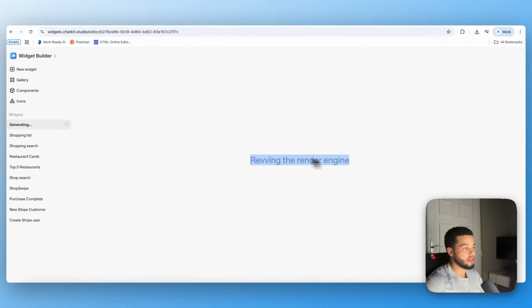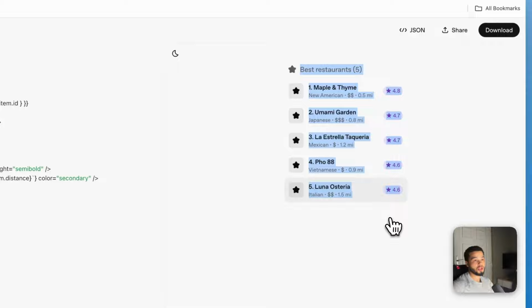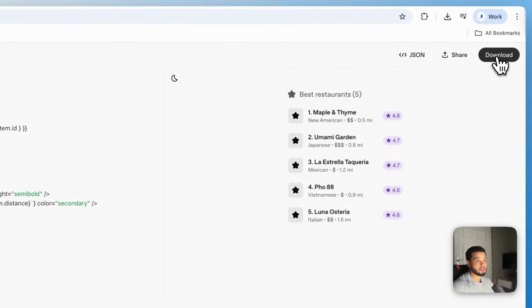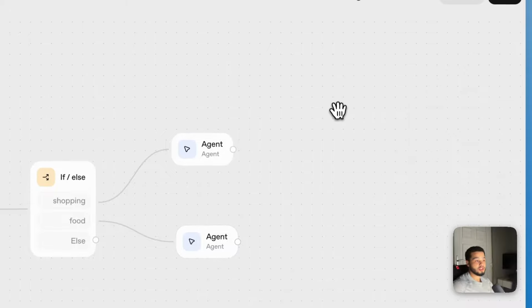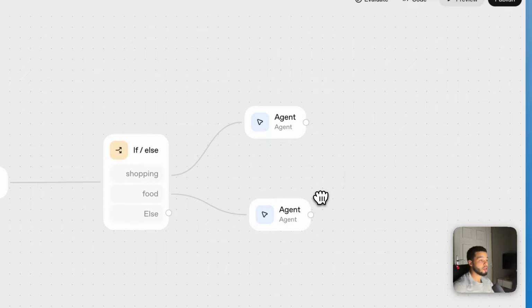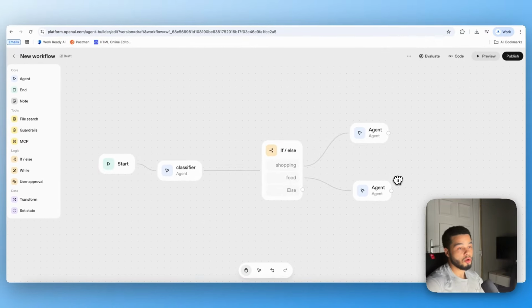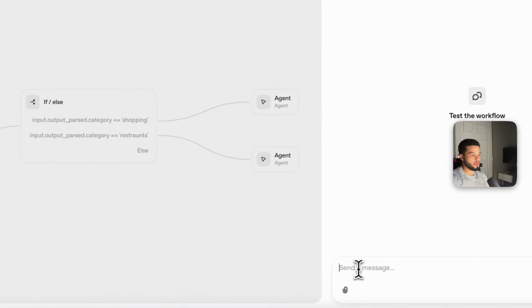Again, we're going to wait for this to output, and when it's finished outputting, you can see we have all of the info over here, and we have the widget right here which will give us all of these details. So I'm going to download that widget, upload it into here, and then you can see again we have the preview, and then we'll just click out of this, and now this is ready to go. So we can go back and forth with this agent, either trying to find stuff to shop, or we can find new restaurants. Okay, so let's come in here and test route number 2, which is the food route,